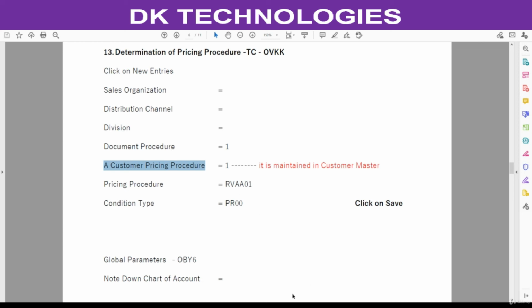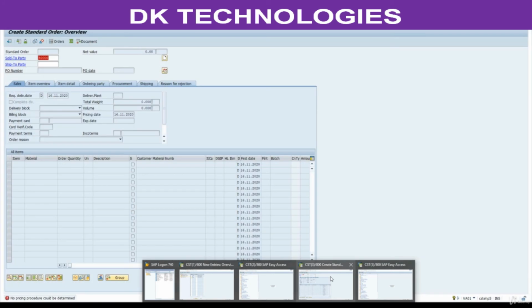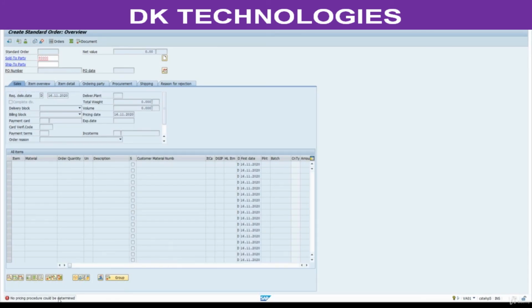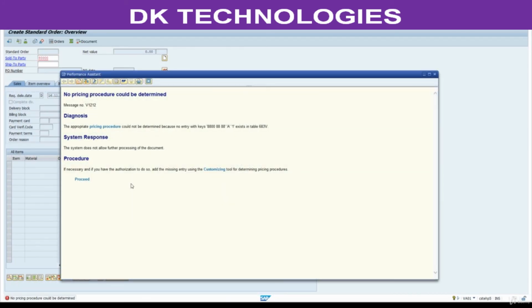It is not getting determined. System is saying the appropriate pricing procedure could not be determined because there is no entry with the combination. See, this is sales organization, distribution channel, division. This is my document type. So we need to make changes.